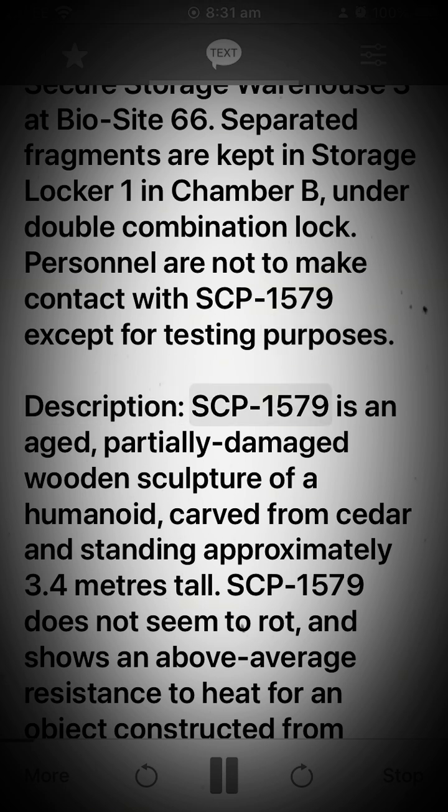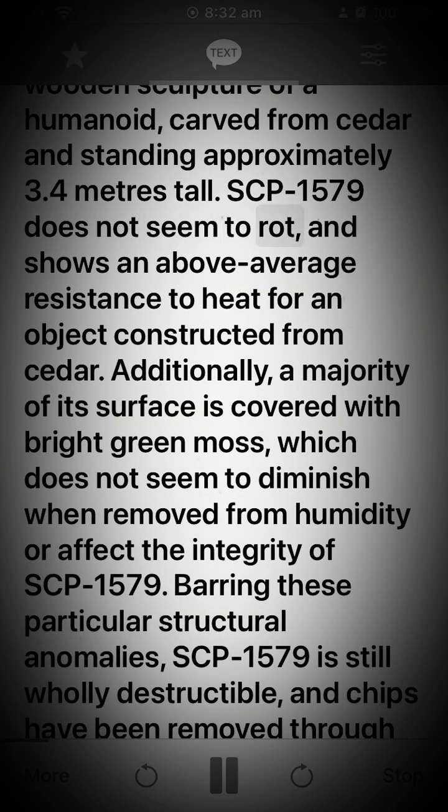Description: SCP-1579 is an aged, partially damaged wooden sculpture of a humanoid, carved from cedar and standing approximately 3.4 meters tall. SCP-1579 does not seem to rot, and shows an above-average resistance to heat for an object constructed from cedar. Additionally, a majority of its surface is covered with bright green moss, which does not seem to diminish when removed from humidity or affect the integrity of